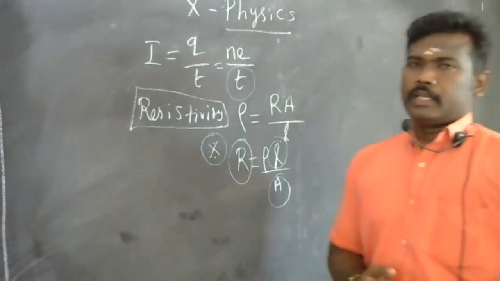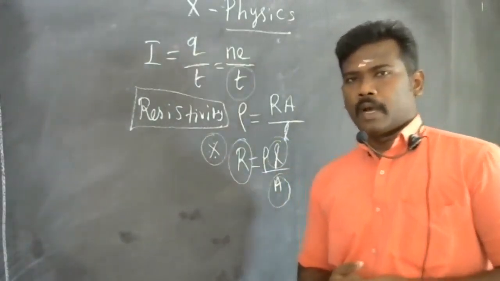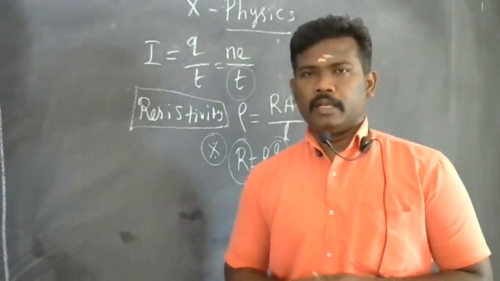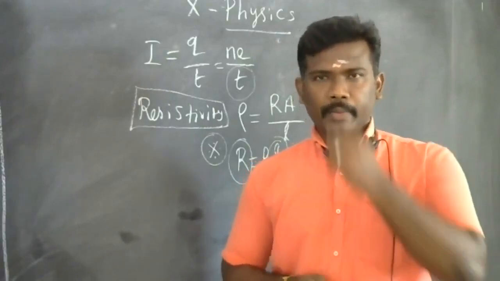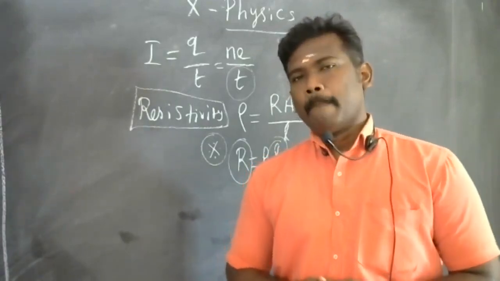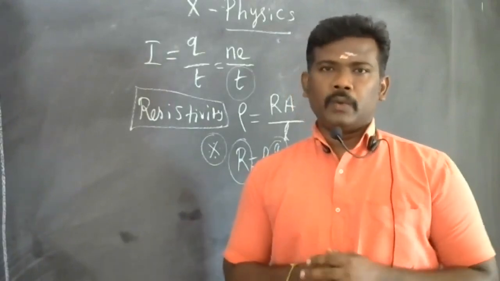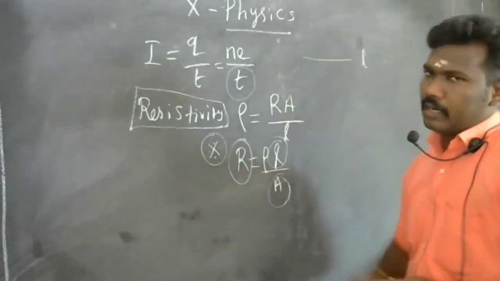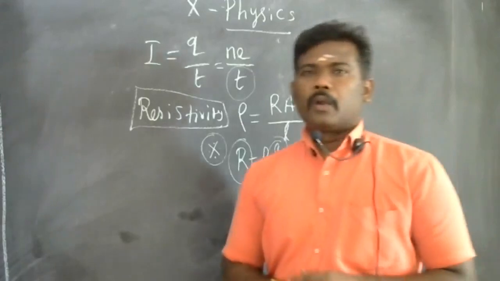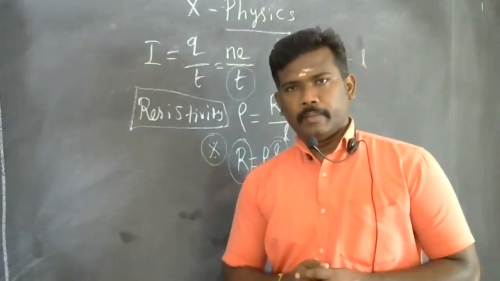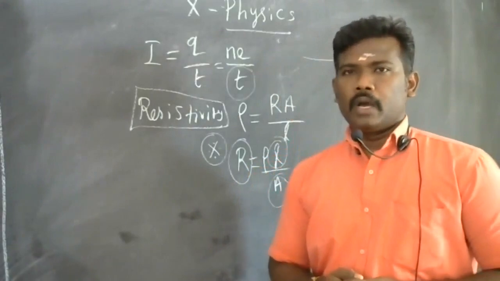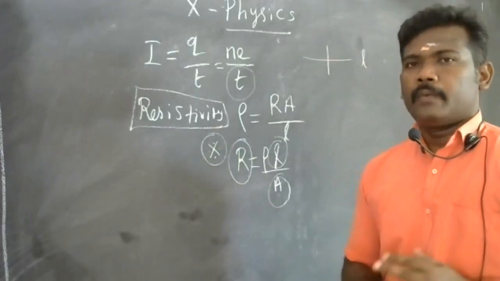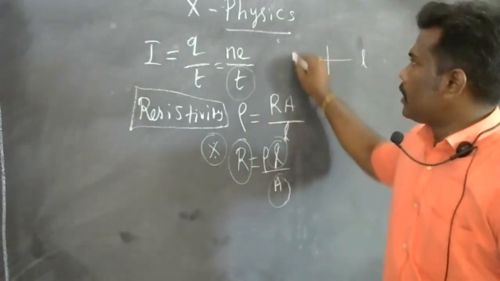So some of the questions are related to the calculation for R. If you are changing the length, if you are changing the area, what will happen to the resistance of the material, or what will happen to the resistivity of the material. If they compare two cases, the initial condition, say the length of the material is L. After that, if you stretch and elongate that material, or otherwise fold it in half, that means you are reducing or increasing the length. That is one way of asking the question.